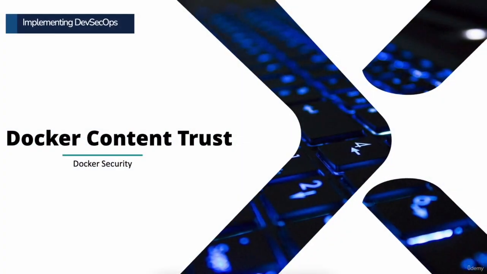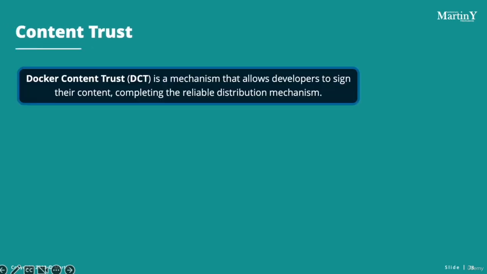Here we will talk about the Docker Content Trust and Public Registry. So, of course, we will start by talking about what Docker Content Trust is. The DCT, or Docker Content Trust, is a mechanism that allows developers to sign their content for a reliable distribution mechanism. So, when a user downloads an image from a repository, which is an external entity, this mechanism allows you to check the image signature, receiving a certificate that includes the public key that lets you verify